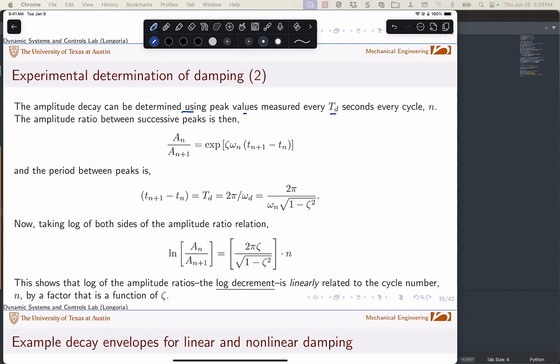seconds, right? So you can take the amplitude at n, and then the amplitude at the next, so let's say this is n and this is n plus 1. That ratio is just this exponential, okay? And then the period between the peaks is known, right? So taking the log of both sides of that relation up there, you can show that this is why it's called the log decrement, that the log of the decrement, a_n over a_(n+1), has to follow this relation. And here is the